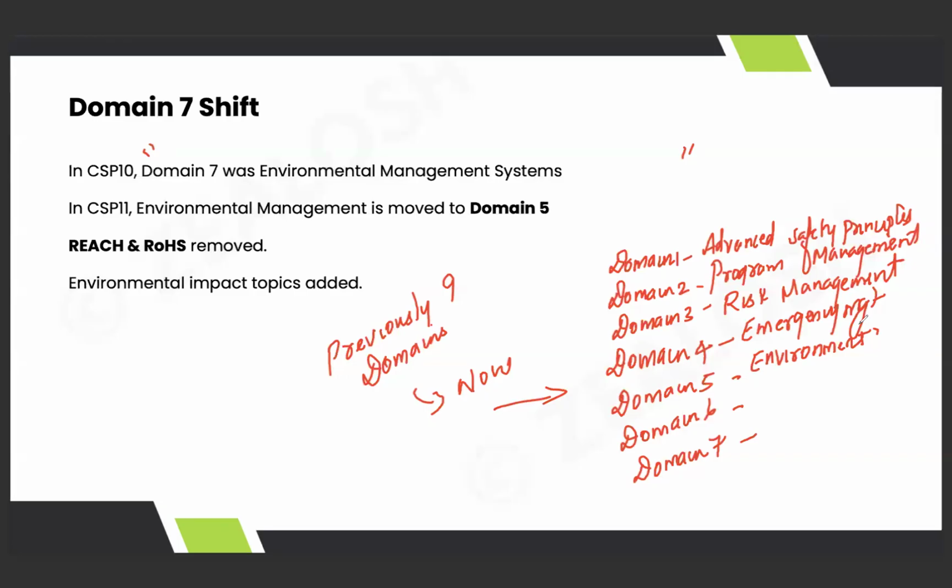And what have they removed? They have removed REACH and RoHS. REACH: in the US there is a regulation called TSCA, the Toxic Substances Control Act. The TSCA equivalent in the European Union is the REACH regulation, registration, evaluation, authorization, and restriction of chemicals. People who studied UK level 6, level 7 qualifications study that. Anything produced or imported more than 1 ton in a year should go through the REACH regulation. That is removed.